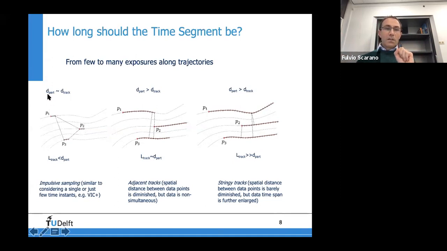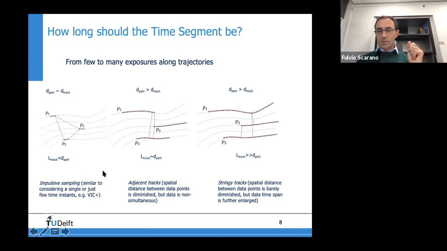And in this case, because this ratio, L track over D particle, is smaller than 1, you will not be surprised that the distance between particles is also about the same as the distance between tracks. So it's like the distance on this dark black and what you would have from particle to particle. And so this would, in fact, give you a result that is similar to just considering a 2-time instance